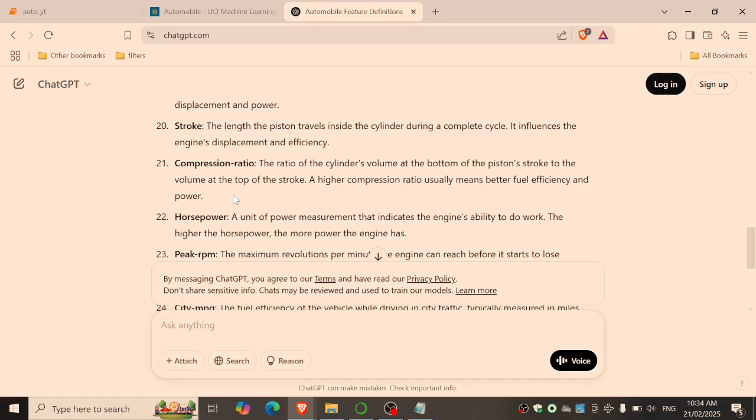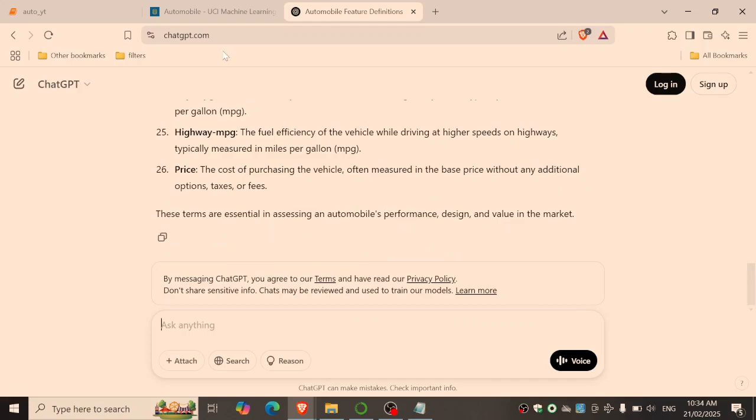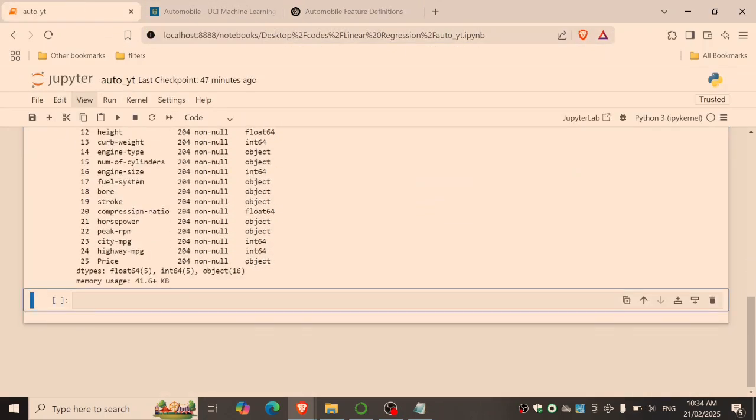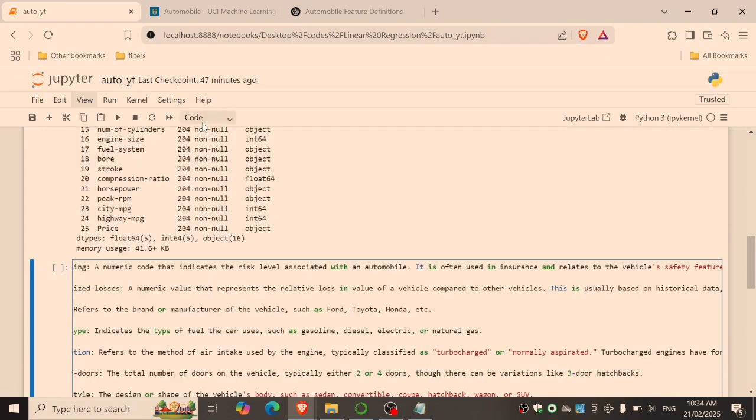But if I was really doing this professionally, then I would research and talk to people who are more experienced about cars and find out which ones would have a big effect on price and how exactly I think that would have an effect on price, just so I have a hypothesis beforehand. Yeah, so it even says at the end, these terms are essential in assessing value in the market. Anyways, if I copy that in and convert it to raw,